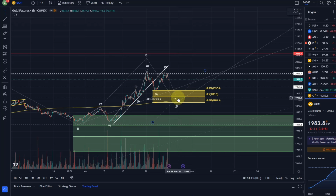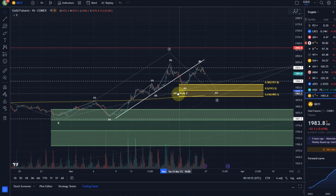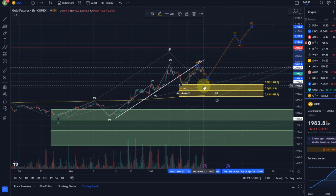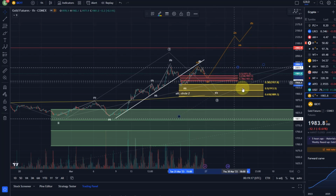In another scenario, we could say, okay, we did rally indeed in this wave 1 to the upside. We came down in this wave 2, obviously. So that's the alternative. But then what would this be? If this was already wave 2, what would this be? Well, I would count it as another 1-2 setup, to be fair. So here, wave 1, wave 2, and then higher. And we need to be prepared for that because this scenario means we may not come down into the yellow box anymore. We will find some micro support in the region between